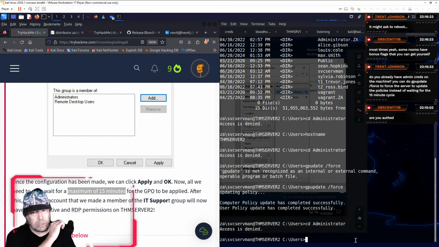The danger is that we wait 15 minutes and it's still not working. I don't always trust GPU. GP update. Group policy update, right? Not GPU.